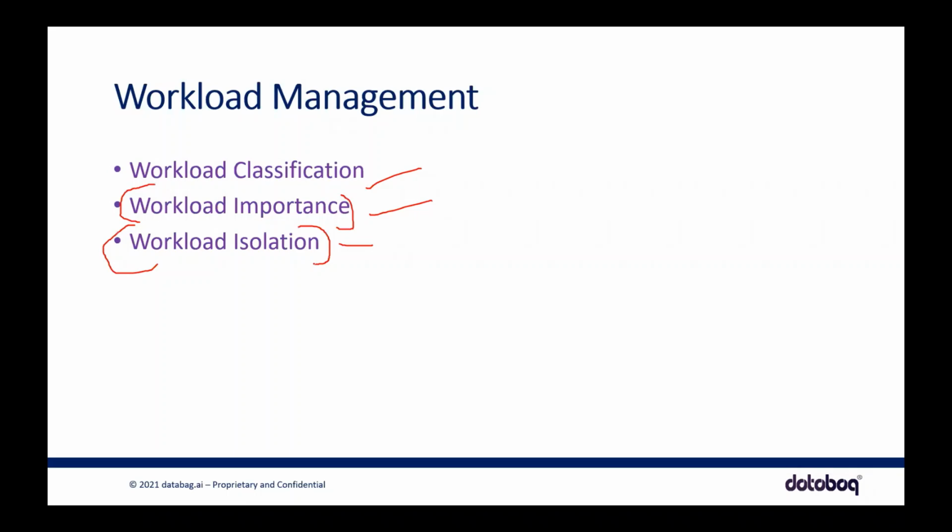Let's say you have created a developer user group and a higher management user group. For the developer user group, you are giving fewer resources. For the higher management user group, you are giving more resources. So whenever they run their query, they will have all the resources to execute it. When I say resources, I'm talking about DWUs, streaming units, DIUs, these kinds of things. You can also attach them to resource groups as well. That part you do in workload isolation. Importance you give on this one, and classification you do on this one.